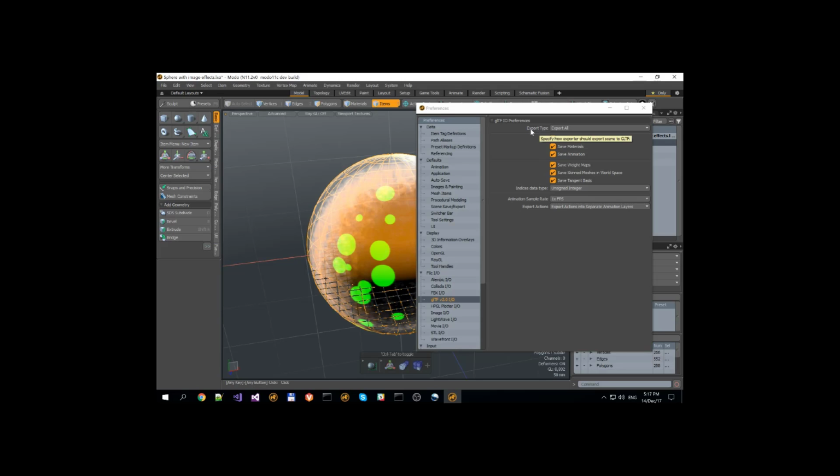First up, we have export type, so we can choose export all, which exports all items with hierarchy, export selection, which exports only selected items without hierarchy, and export selection with hierarchy. We can choose to save geometry, materials, and animation, or not, to save weight maps, and to save skin